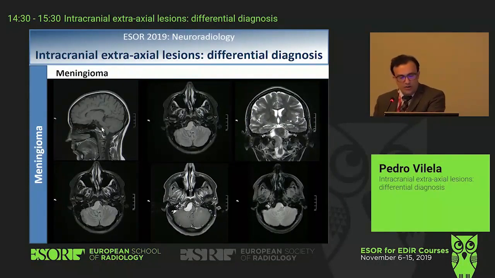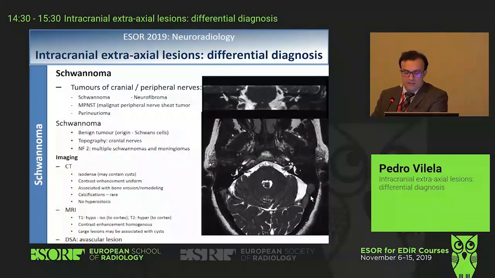Another case of a meningioma of the craniovertebral junction, you see typical morphology of an extra-axial lesion. You see it's isointense on T1, slightly hypointense on T2, and you see the thickening of the bone where it's inserted, and you see this radiary, linear shape, and with a radial fashion. It may be the vessels there. It's slightly hyperintense on FLAIR and dark fluid, and you have strong contrast enhancement, and in this case you don't see intra